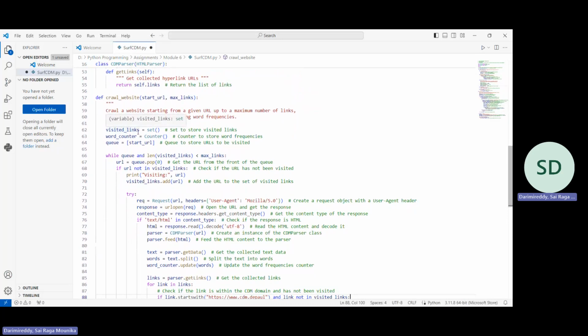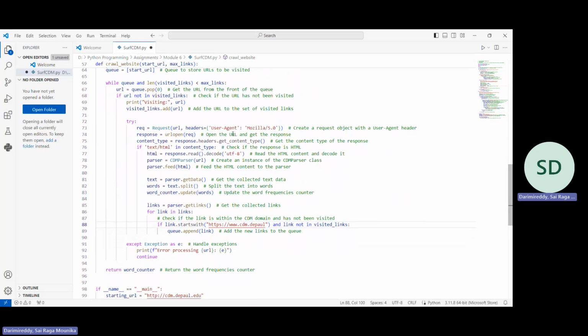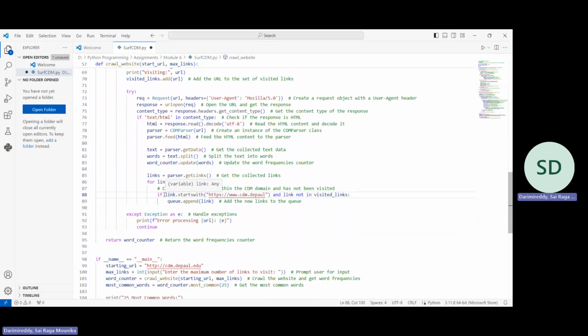We have initialized the empty data set, which this actually checks for each and every link until the max limit is reached. The maximum links which we have mentioned is 10 in the output. Until that is reached, this keeps on checking for all the links. It passes the data, it passes the URLs and extracts the data, which is then split into words in order to update the counter. So the access is restricted in such a way that here we have